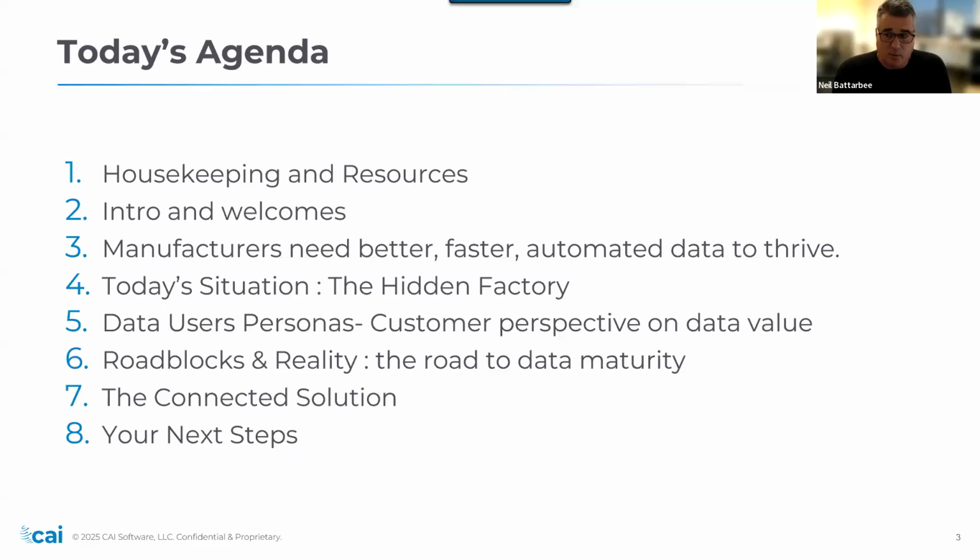The agenda's up here. We will start by talking about and just framing the hidden factory, talking about today's situation a little bit and experiences that you all have that we hear from you, our customers. And then we'll move into the efforts of connecting your systems, getting access to that data. And really what everyone is here to do, or in your jobs to do, is to drive continuous improvement activities. So we're looking through the lens of manufacturing execution.